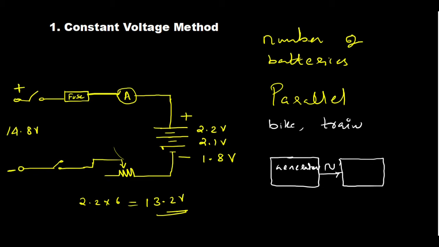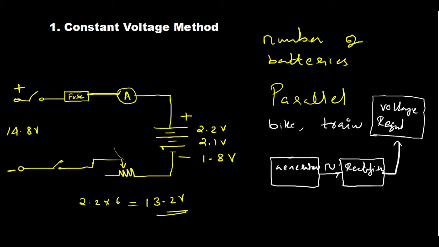Then what you have to do? We have to rectify it. Rectifier. I hope all of you know what a rectifier is. After rectifying, can we give it to the battery? You should not give it to the battery. Then the battery may get damaged, because we have to regulate it. Voltage regulator. A voltage regulator is a must. So after regulating the voltage, we can give it to the battery to charge it. So finally, whatever it is, with a DC source only, we are going to charge the battery.